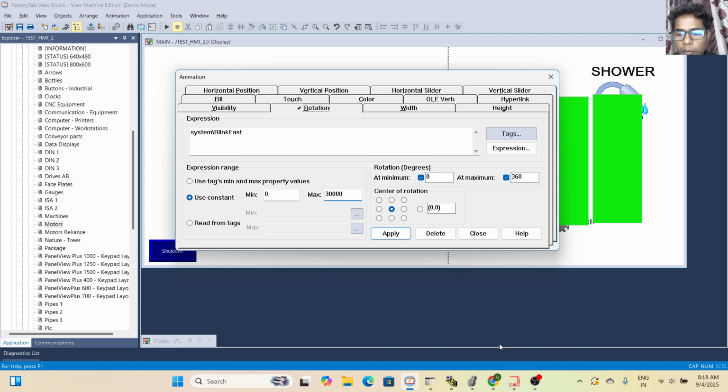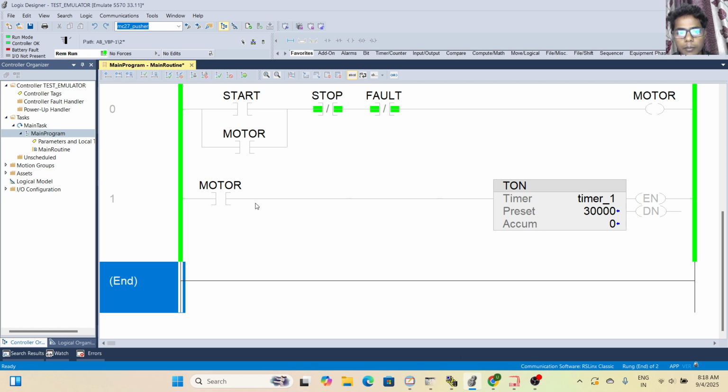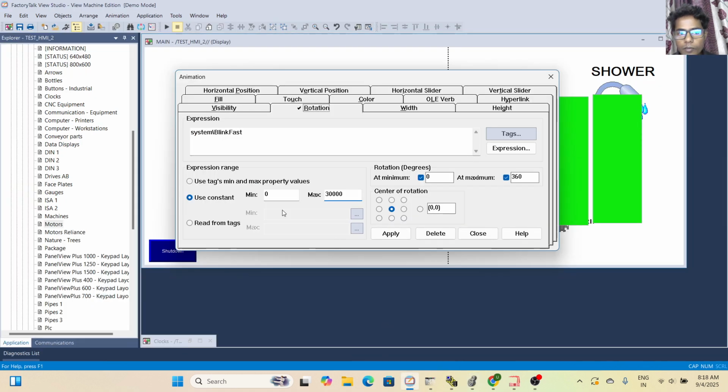Why 30,000? Because I have a timer. This is the start logic, and when the motor starts, the 30 minute timer will start. The accumulator value is 0 and the preset value is 30,000. So I have to apply 0 to 30,000, and this tag I have already deleted, and at minimum 0 to 360 from center point.